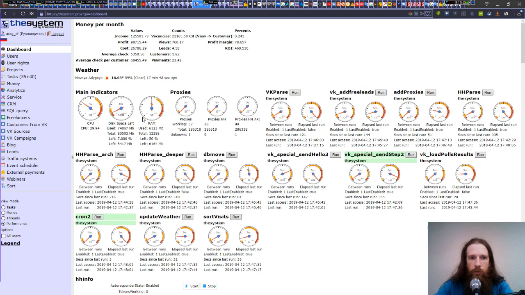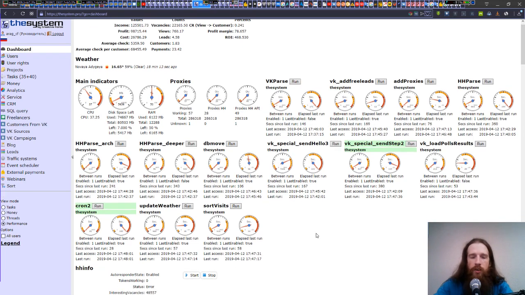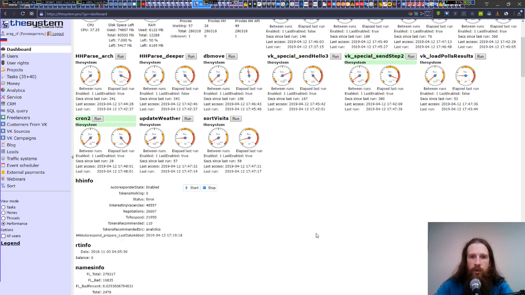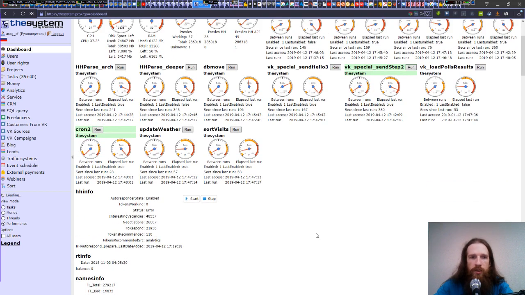The CPU, this is disk space left, this is memory consumption, this is how proxies are doing, because we use proxies for some tasks. And these are the robots that are being started in the background and doing the tasks for us, helping us to